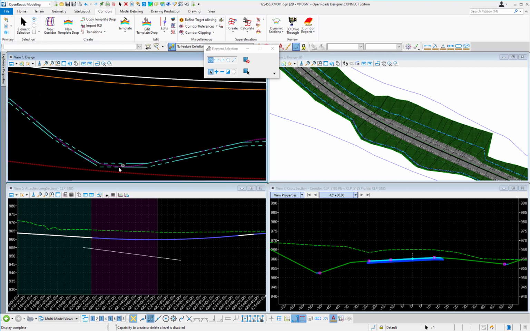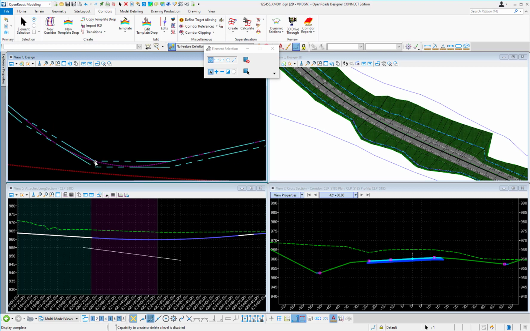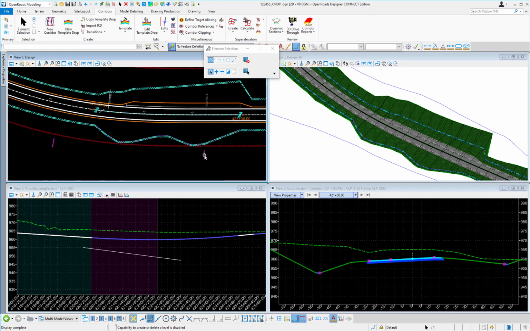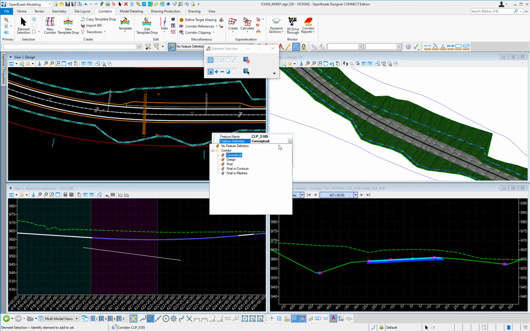And notice when I entered that, my new ditch line follows that, but it doesn't follow it exactly. That's because of the feature definition that is assigned to my corridor for the design stage, which is only putting in a template drop, you'll see in my 3D view, every 25 feet or so. So if we wanted to fix that, we could select our corridor. When we look at the properties, instead of this feature definition being set to conceptual, we can change it to design or final, and we can get even better